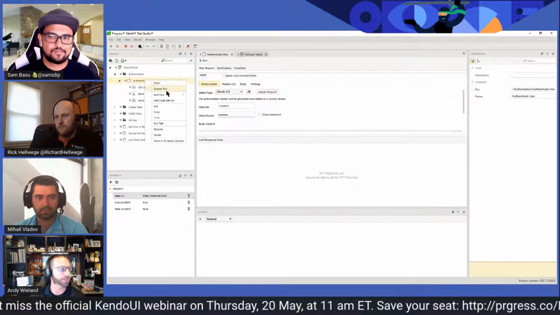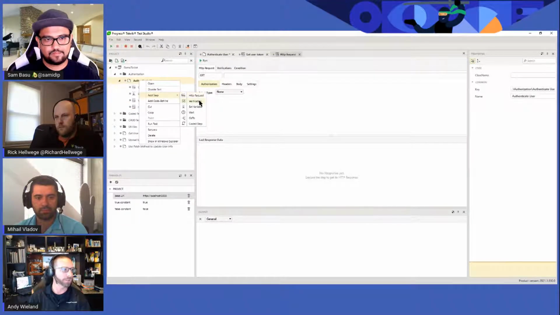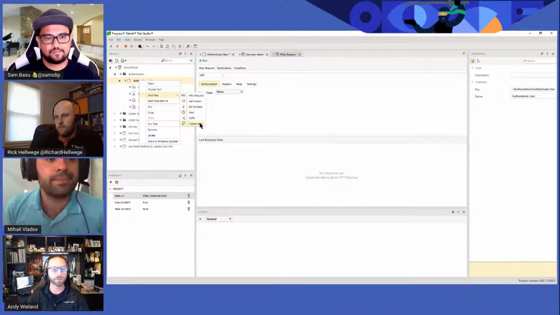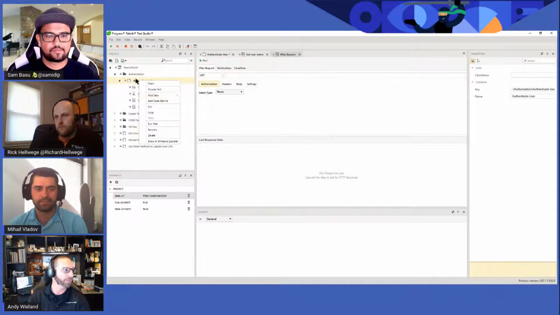So if I wanted to just add a step here, I can drop that step in, and let me go back real quick to that. As you can see, there's request, verification, set variable, wait, go to, and coded steps. So you do have the ability to code here at any point in time. Built-in IDE, again, if you do get into code.